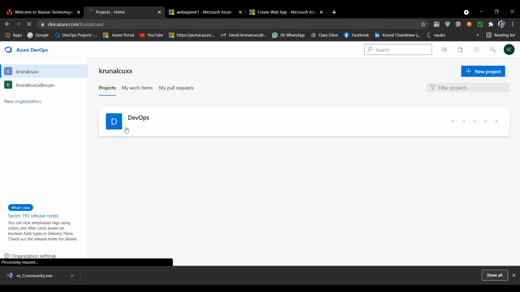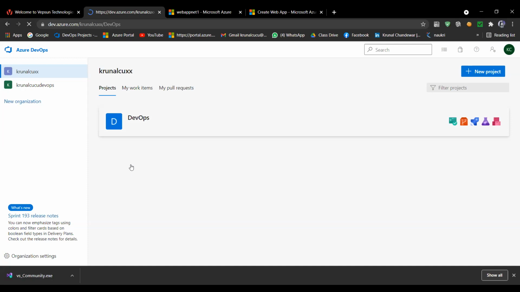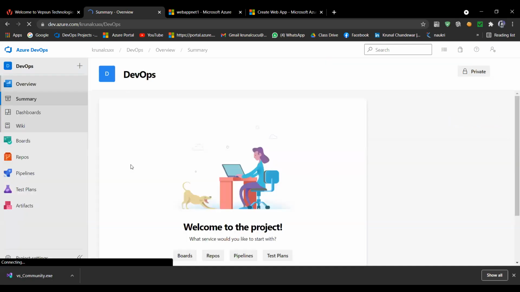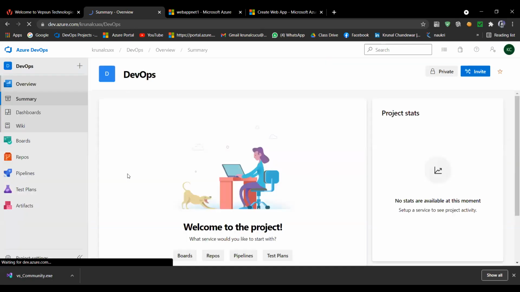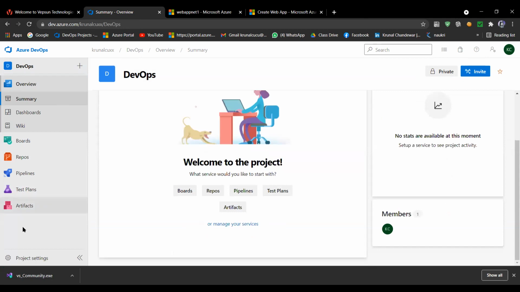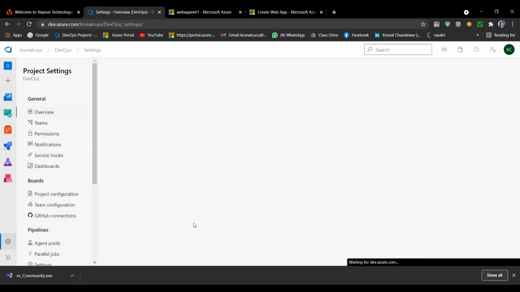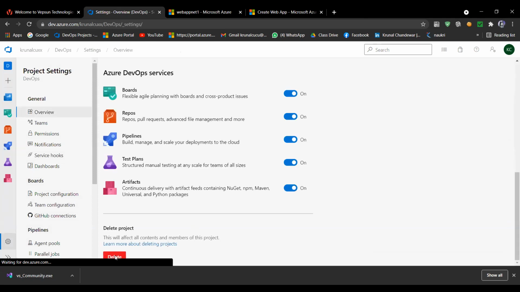Like this is one of my projects, DevOps. If I click here, this project will open. We already discussed how to change the name of a project. So if you want to delete this project, go to project settings, and here is the option to delete.